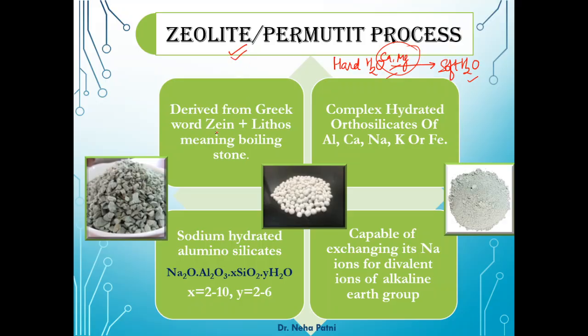Zeolite was derived from the Greek word zeolithos. One geologist was working on a dome, and he found on the hill certain green colored sand or stone particles which look as if they are boiling. That means water is coming out of it. Based on that, zeo means boiling and lithos means stone. Later on, the name for that particular compound was termed zeolite.